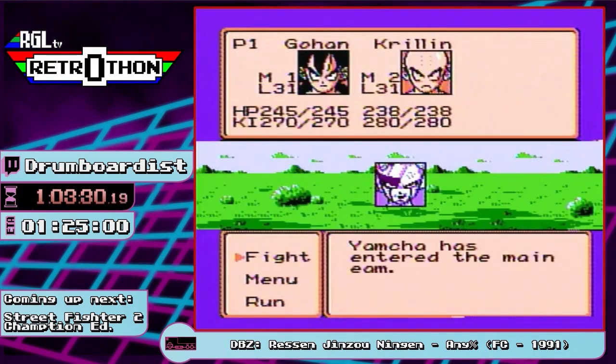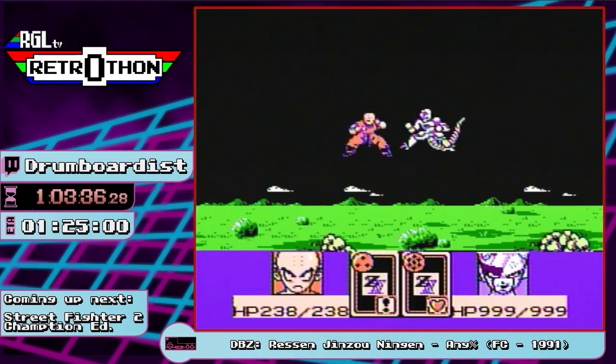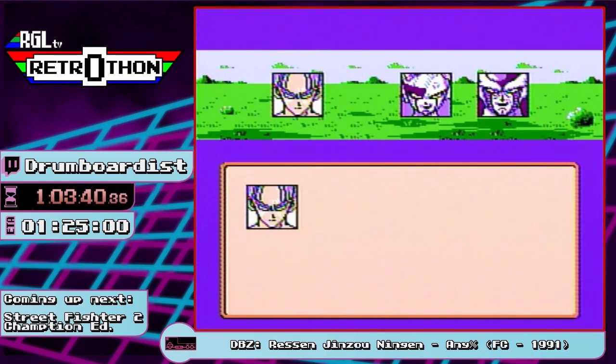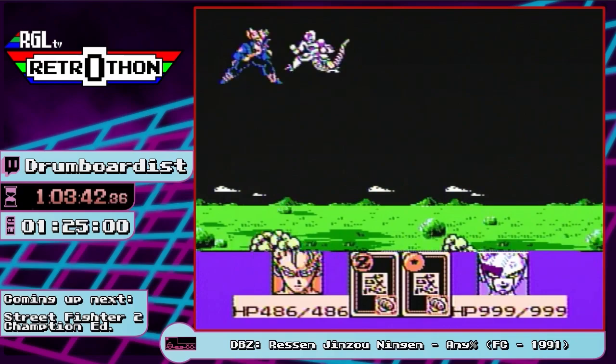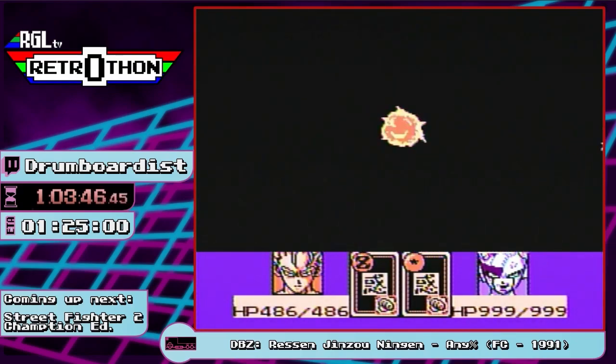Oh, there's Piccolo. Okay. So for the third consecutive time, let's go ahead and murder Krillin. I'm sorry, Krillin. I'm sorry. There. Now it's canon, okay? Now Krillin is dead. Now things are okay. Now we can progress because clearly...